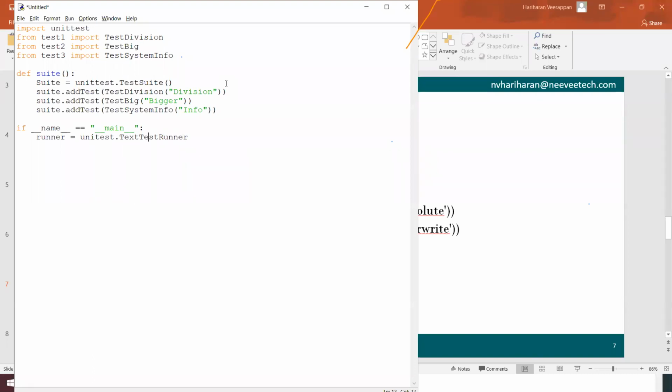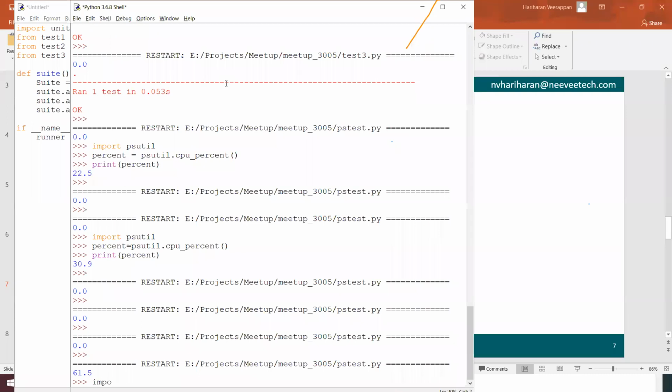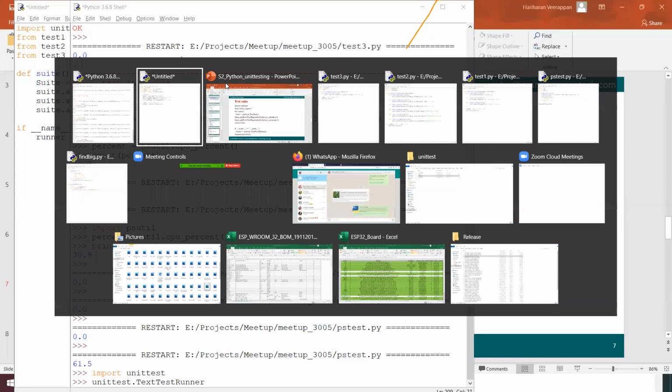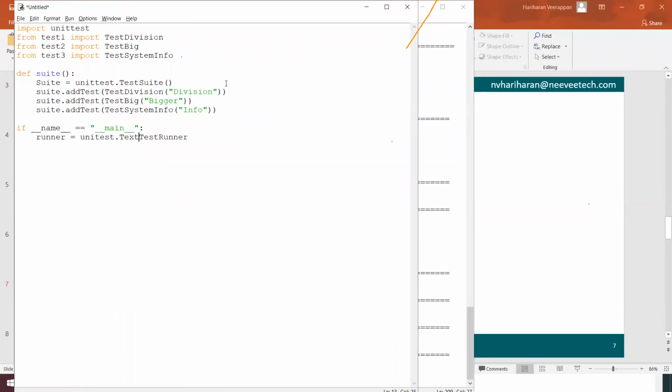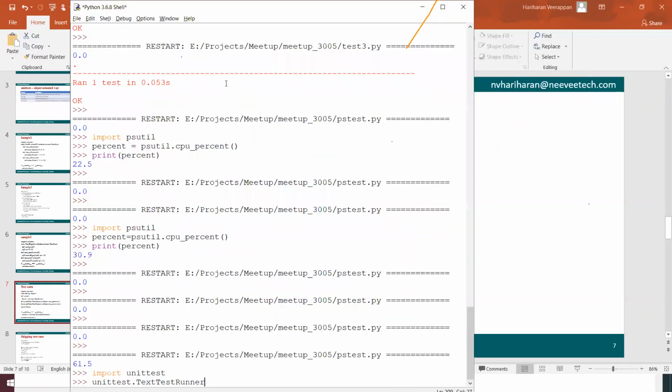Sorry, I wanted to confirm this. Import unittest.TextTestRunner, and then runner.run the suite.